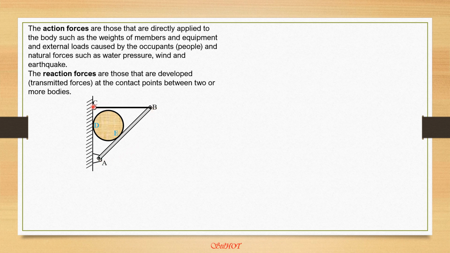Then we have a cable or a rope that will produce tensile force. So cable or rope. Then we have a smooth bar or strut. Then we have a smooth lug or cylinder. So we have also a smooth wall surface. If we draw the free body diagram of this entire system, first we have to apply the action force, which is the weight, and the reaction forces.